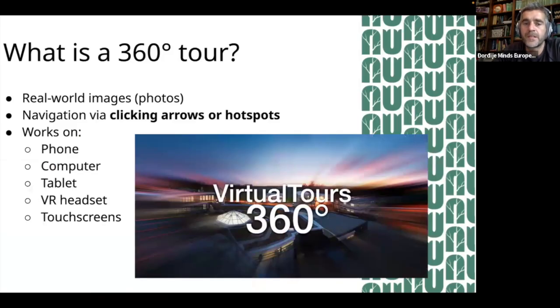Actually, 360 tours are, let's say, one part of virtual tours, because those images are virtual because they're not reality. So something that is not reality, it's virtual. But there is a slight difference or big difference between VR and 360 tours. First of all,